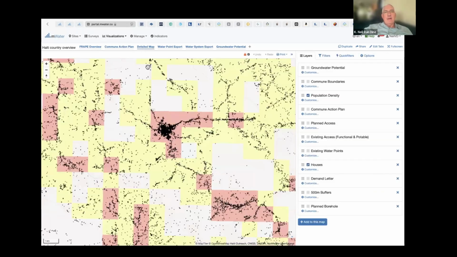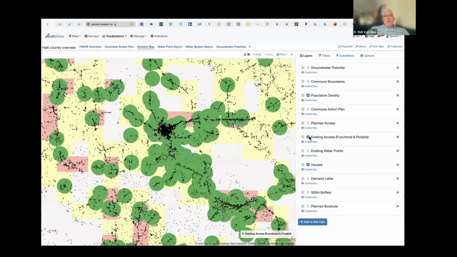So yeah, how do you do that? How do you have these conversations with the mayor and so on and so forth? So we do this, right? We lay this over and we can see with the mayor, for instance, that look right here is a community that doesn't have access to water. Look at all these houses here and these houses here. So we can start to draw circles on the map that are very data driven, right? It just says, okay, this is where we have to do the work, right? It's not just because, you know, Chris called me and says they need water, but there's actually data that supports whether they have access or not.